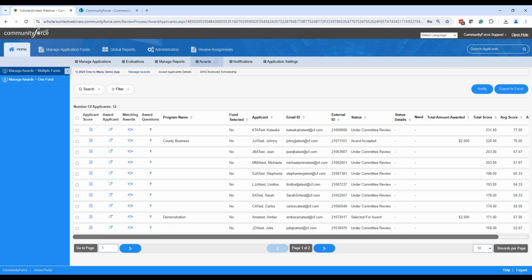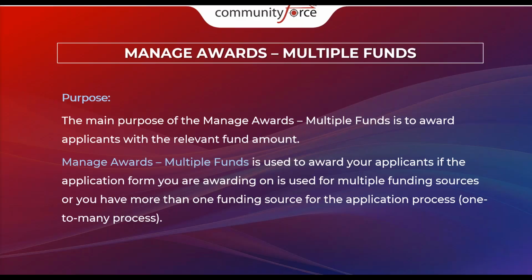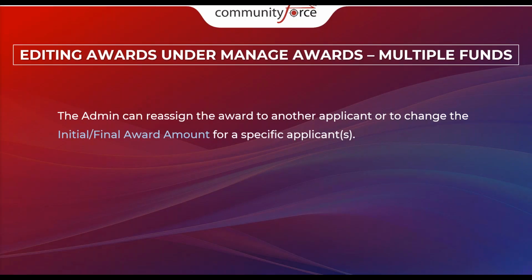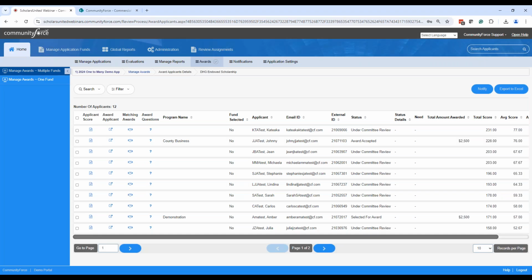Now maybe I want to make an edit. So then how do I edit awards after I've created them? So maybe I awarded them and now I'm realizing, you know what, I don't want to give her that. I want to change the amount. Or maybe the other gentleman, I want to change his amount. So what you do to make an edit, it's very simple. You just go back into their